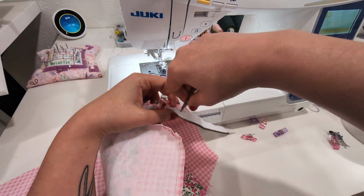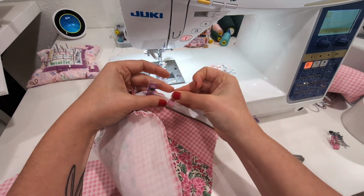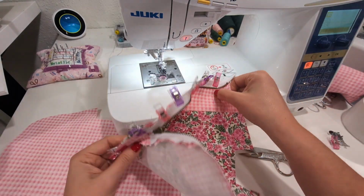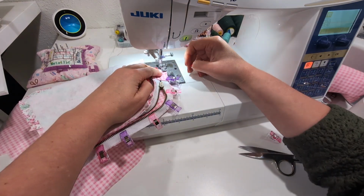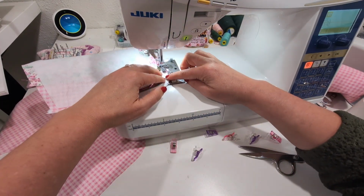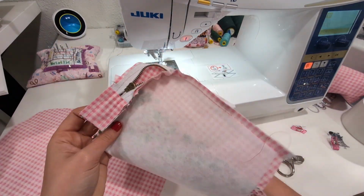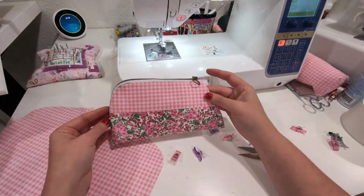Now we're going to do the same thing on the other side. You're going to pin it with right sides together, starting from the bottom edge and then walking the zipper up. I'm just making sure that everything is aligning together. And then again, I'm going to baste it in place using a 1/4 inch seam here. And then once again, I like to flip it and make sure that the zipper is working nicely and everything